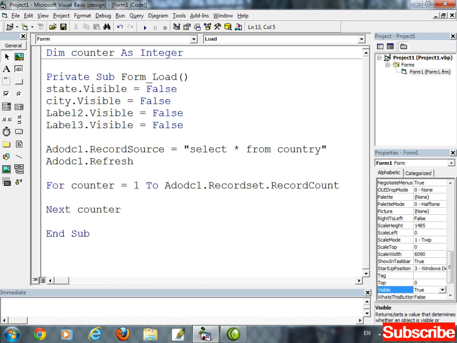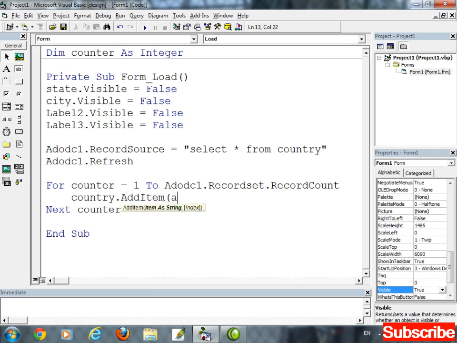How to add items to the combo? We have studied it in the previous semester. To add a single record to the combo we use a function: country.AddItem. Which item?